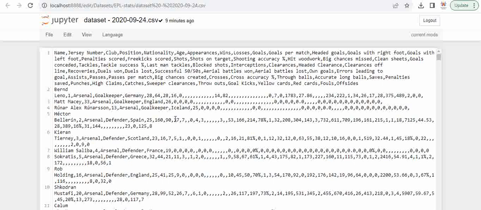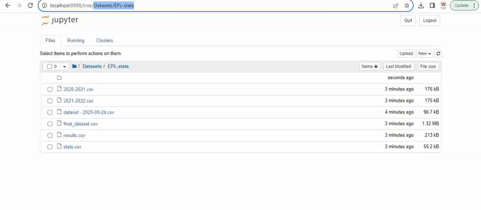League teams. What this dataset basically has is the player, his position, nationality, age, how many goals he scored, how many goals he scored with his right foot, and how many with his left foot. There are different parameters in this dataset, and for this, what we did is, in our